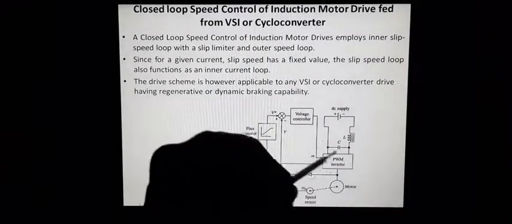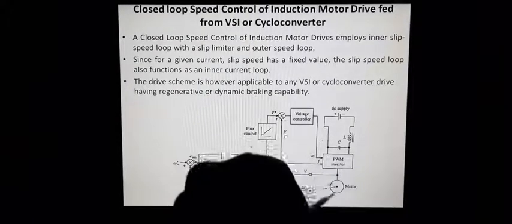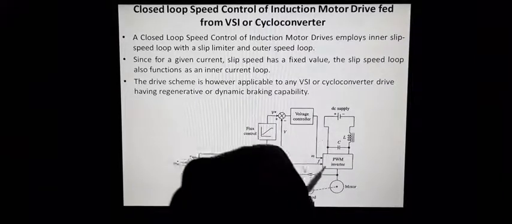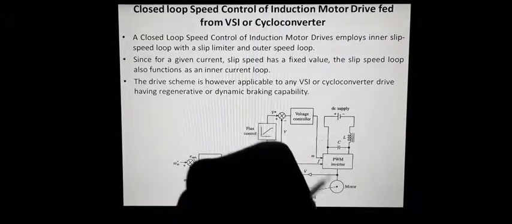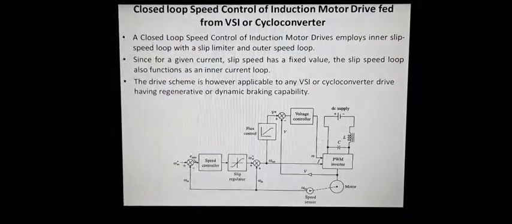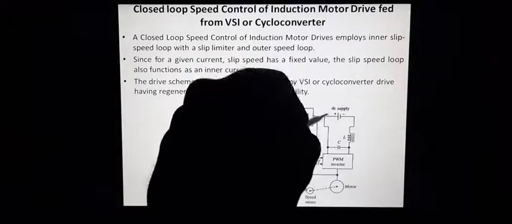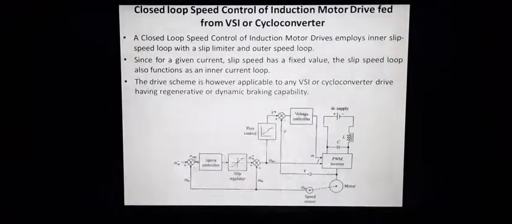So now we know the frequency of the output signal is being obtained here, and we will be giving it to the inverter, and accordingly the inverter switching action will take place so as to obtain the output signal at this particular frequency itself. This arrangement you know very well. This is actually an inverter circuit. Input is a DC supply, and this is the DC link, and this is the inverter.